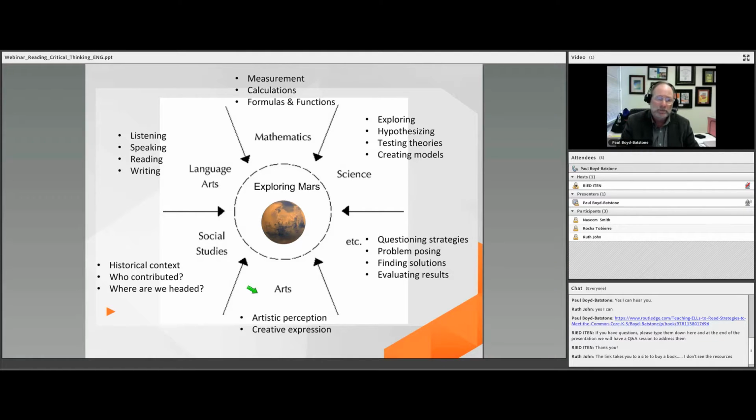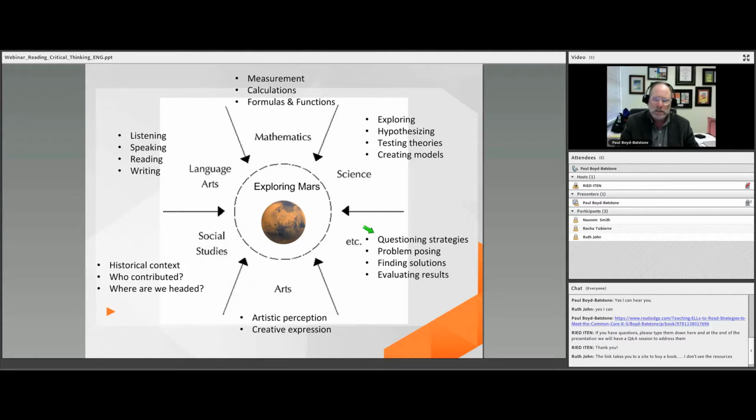And in the arts, are we creating models such as the science models, but how artistically are we creating those? What's our creative expression about this? I want to acknowledge some colleagues from South Africa who, when they get done with a science lesson or a science unit, they finish off, instead of an exam, they use a praise poem, and they have the students compose a poem about their learning, combining the language arts, the arts, and their science instruction, bringing those together. And again,